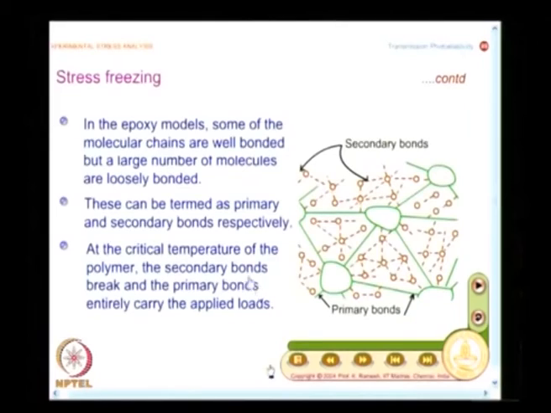So, complex objects have been analyzed by 3-dimensional photoelastic analysis, and this is a very successful process. Though it is experimentally intensive, there are technicians and skilled workers who can do this comfortably. Above the critical temperature of the polymer, the secondary bonds break and the primary bonds entirely carry the applied loads,